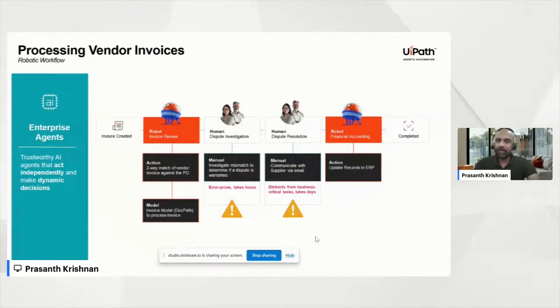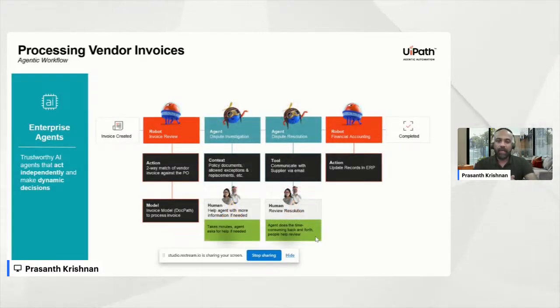an example here. This is basically a vendor invoice processing. So you have a bot. In today's scenario, in a robotic workflow, you have an invoice which has come in and a robot is looking at this invoice. It has used IDP to fetch the information from that invoice. It is doing a two-way or a three-way match between a GR and probably a purchase order. And if it is not a straight-through processing, it might need a human to come in, investigate a dispute, and resolve that particular dispute. Now, that would involve coordinating with your vendors for updated information, analyzing what's required, sending out emails, etc. Now, that is where an agent can come in.